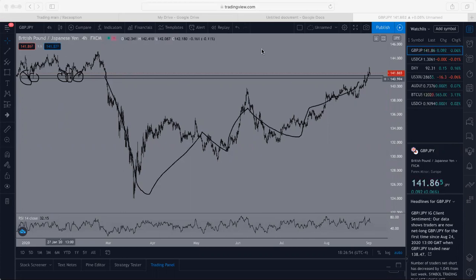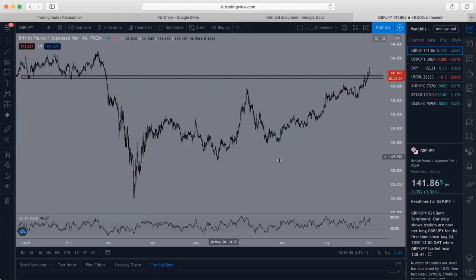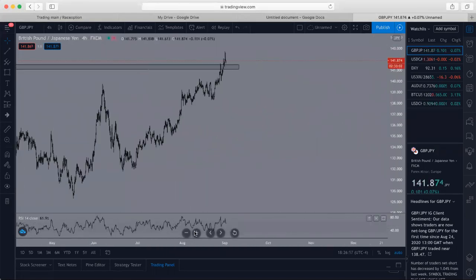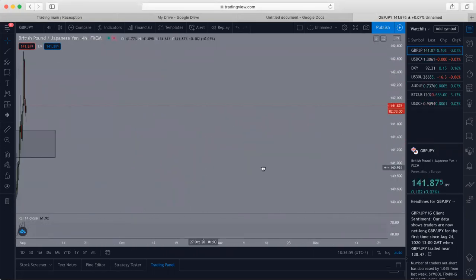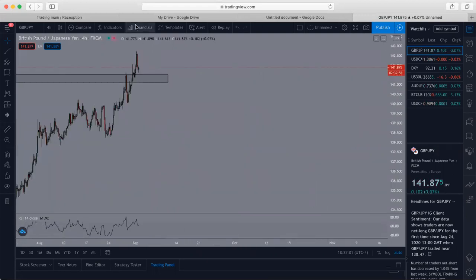If you can see, remember I was saying you want to look for the break and retest. So even on the 4-hour, we already have the break right here. And it rejected it the first time. So that just shows that this zone is valid because it rejected it first, came down, and then it broke it, and now it's literally retesting it right now. So as soon as it's in this zone again, I would look to buy it for